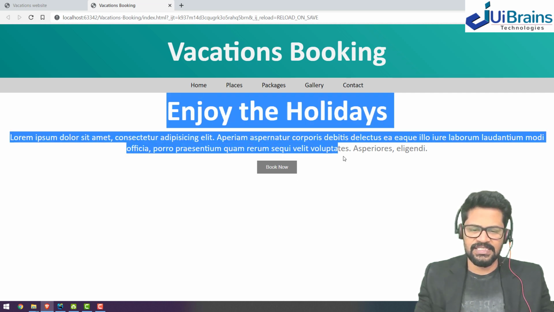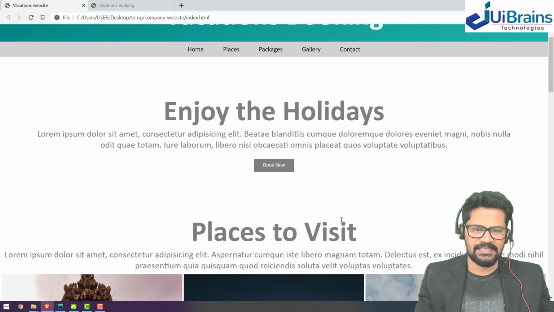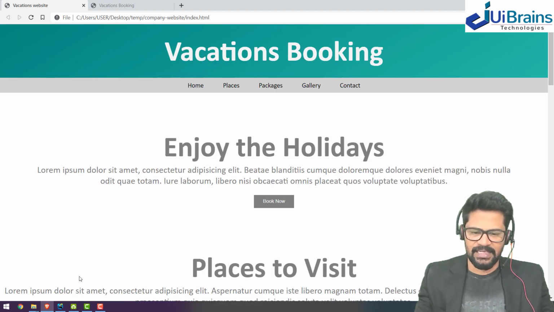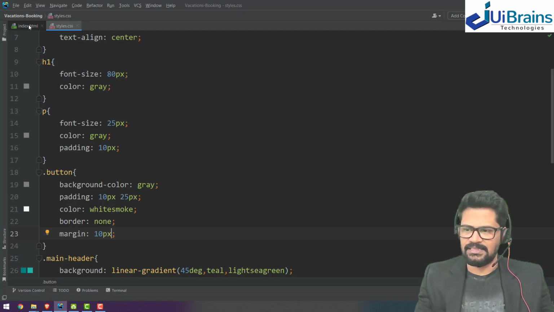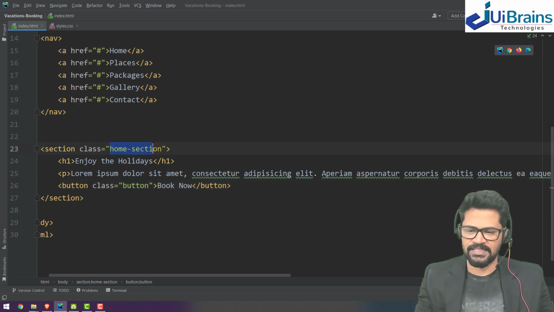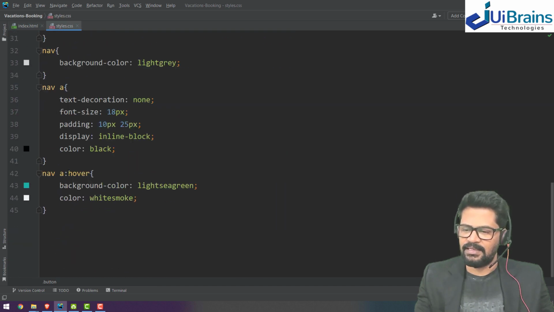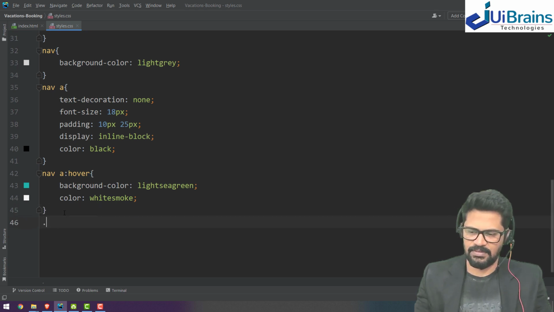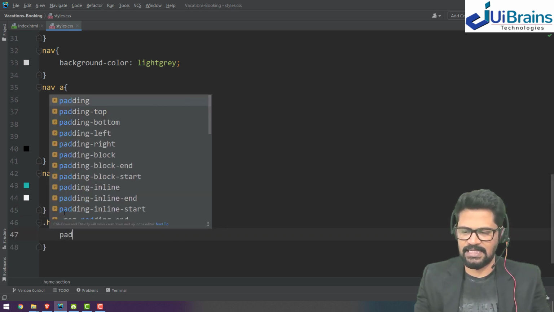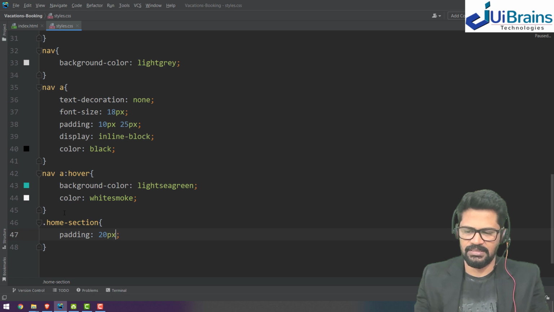But for the whole section, we have some space around it. How we apply space around it: the section name is home section. So for the home section, I'll come down to here. For dot home section, let's add some padding of 20 pixels.